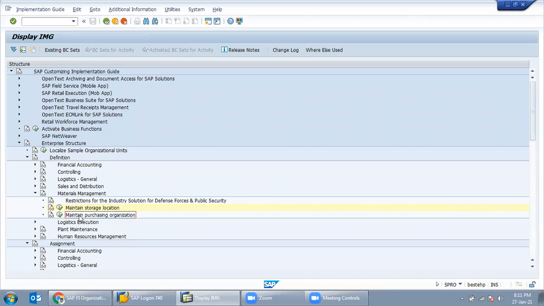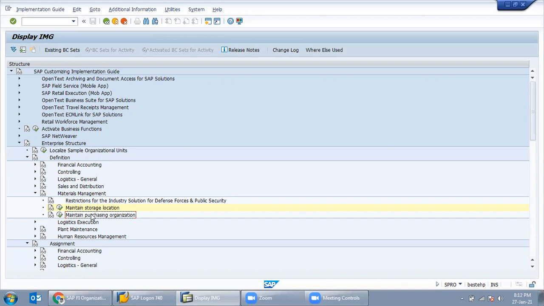So now maintain the purchasing organization. What is a purchasing organization? Like storage locations, suppose in a company there are two, three storage locations. Suppose the purchase department's office is at Kolkata and the manufacturing location is somewhere else, in the outskirts, not in my plant.